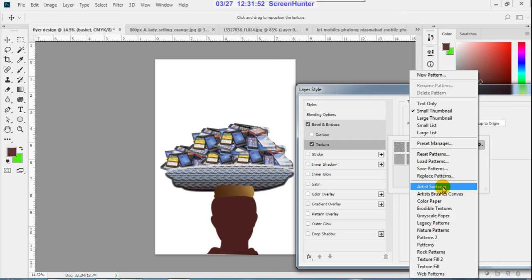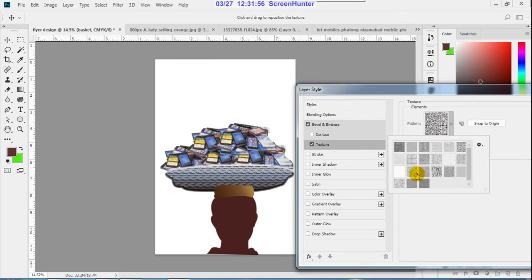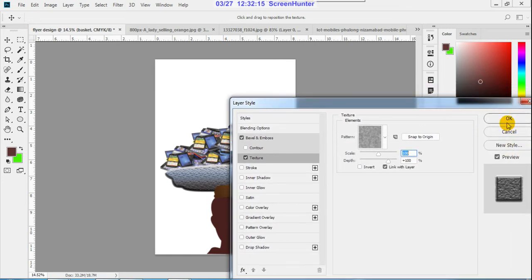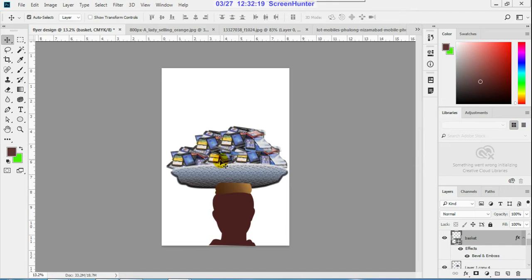Just like press artistic surfaces, some cloth kind of texture. I'm working. Okay, I think for timing we use this. Yeah, this is okay. Save. Okay, I use this. Okay, now